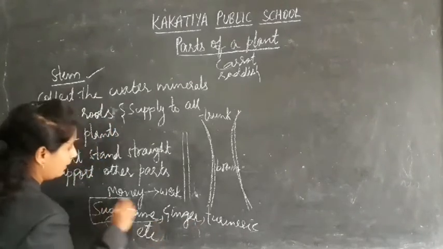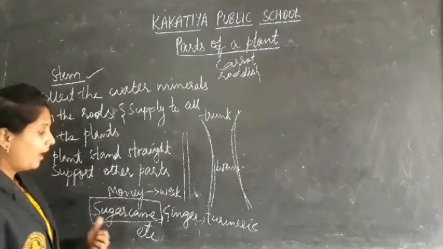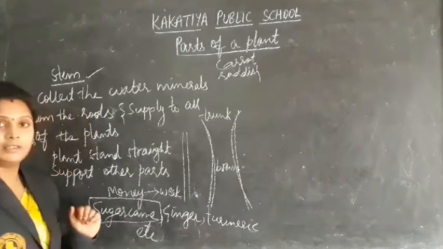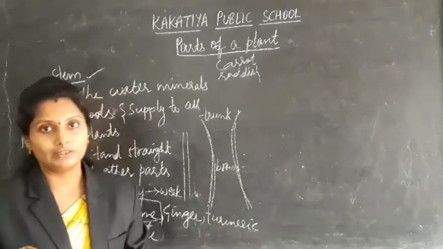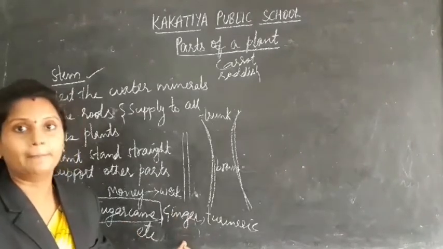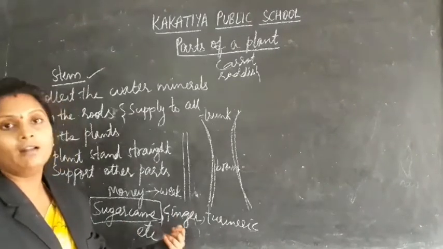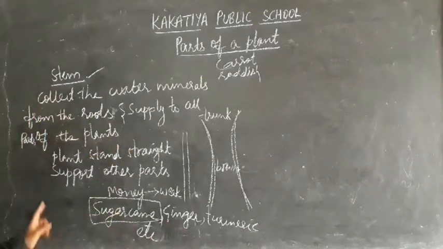Sugarcane, if you see, whatever part we are eating is nothing but the stem. And these ginger, turmeric plants, groundnut, etc. What happens? Their stems grow inside, are modified, and store the food inside them. That is why we are eating the stem of that plant as food. That is about the stem.